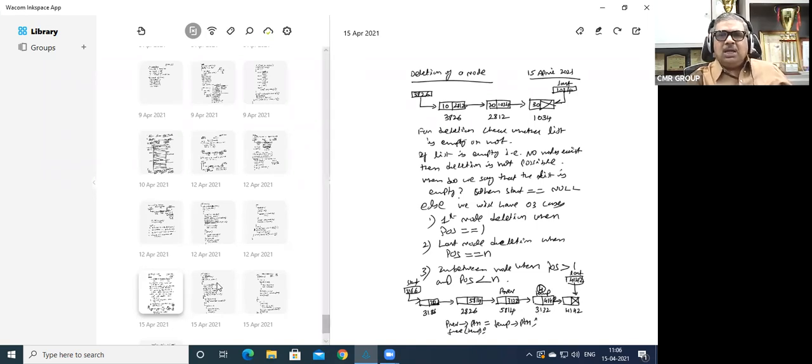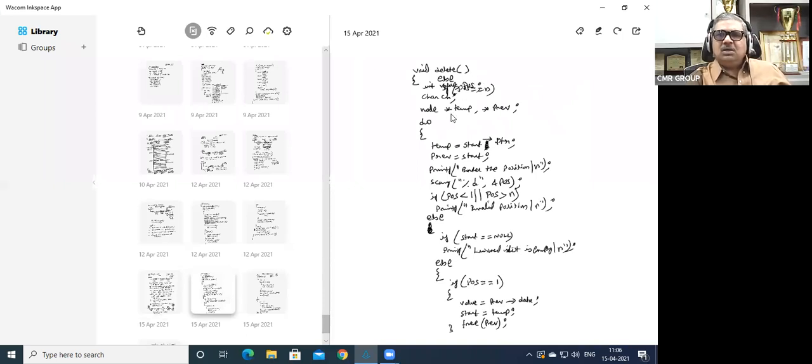Now the next, this one is a function. I'm sorry, this else has been overwritten because I was writing the next page here. So just remove this else. Void delete, int value and pos we have taken. Then char ch we have taken for the do while loop. And we have taken two pointers. One is temp, the other is previous. Temp is the node which you want to delete. Previous is the node before it.